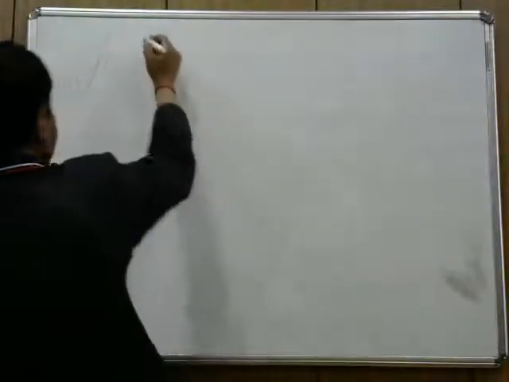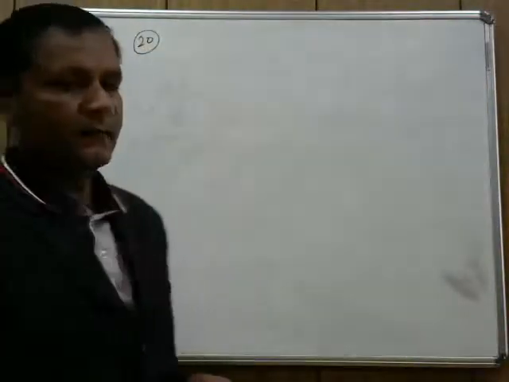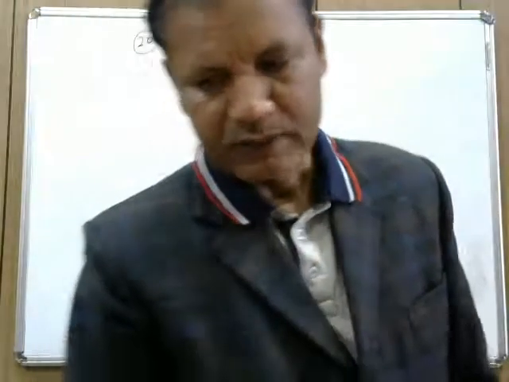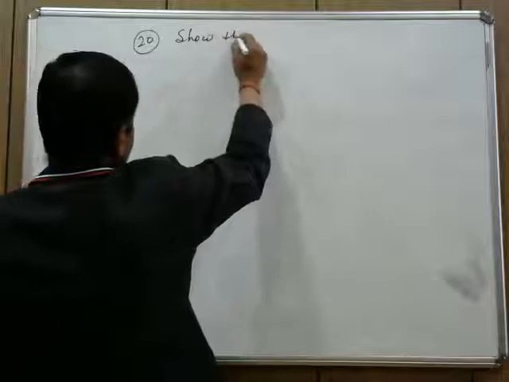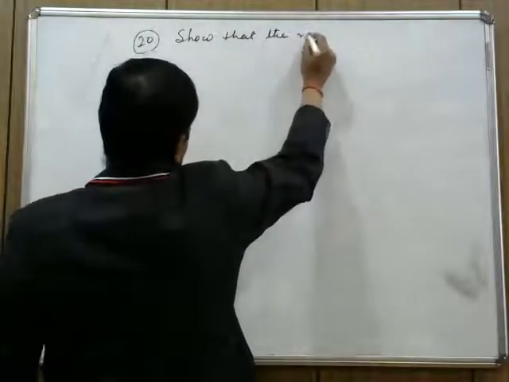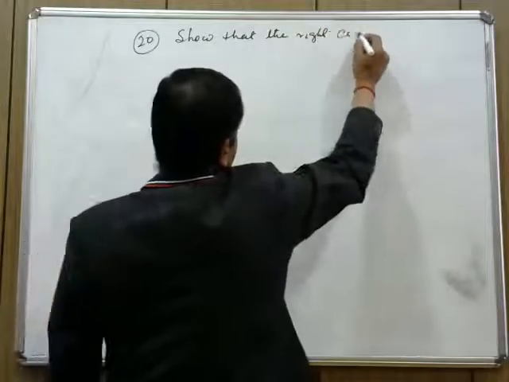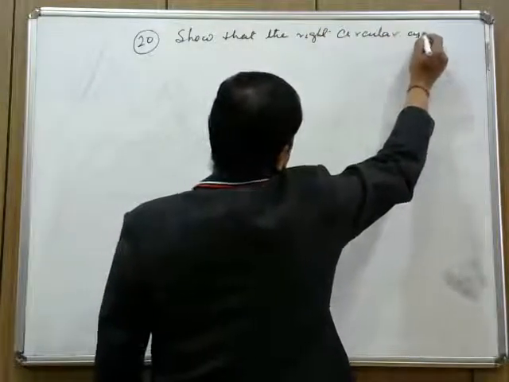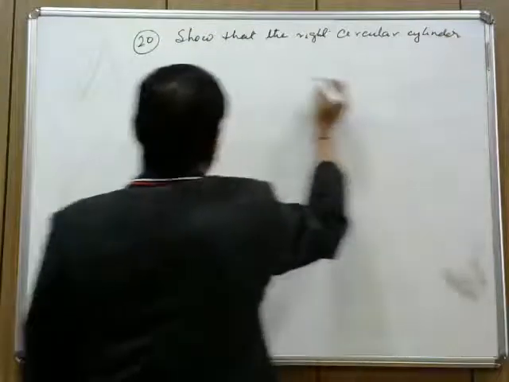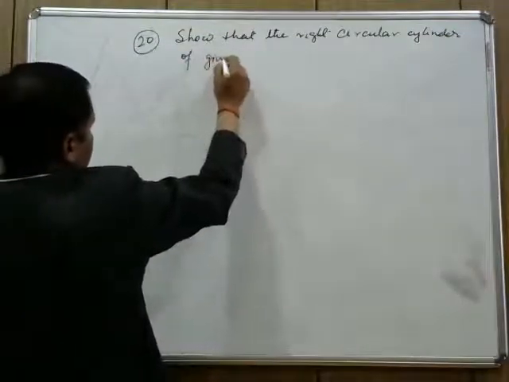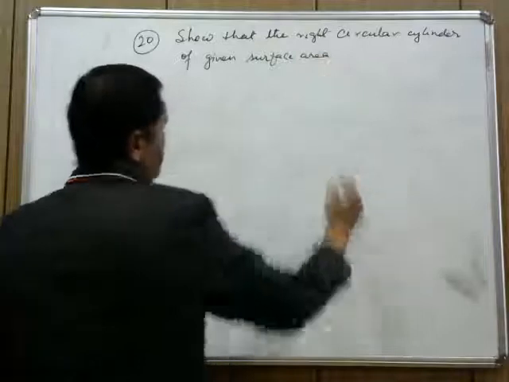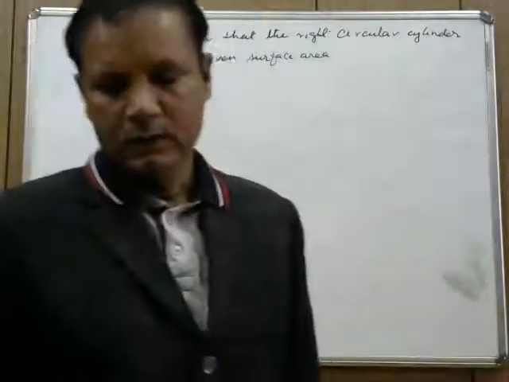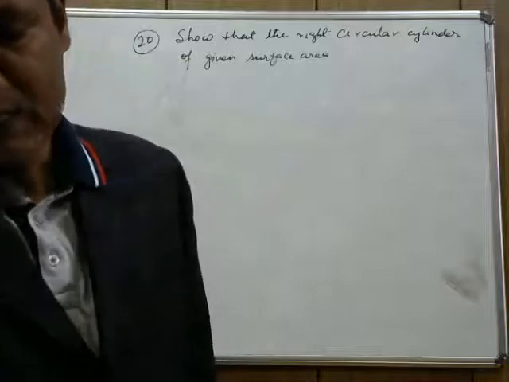In the question number 20, it is given: show that the right circular cylinder of given surface area and maximum volume